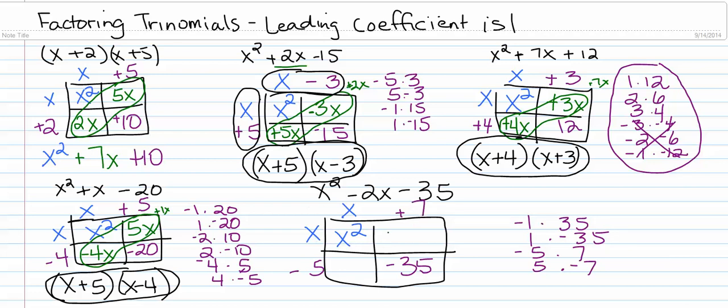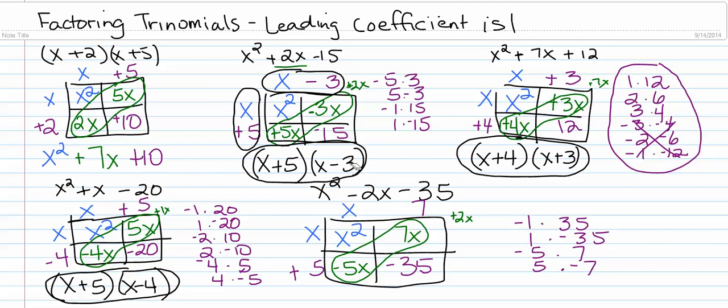Okay, when I do that, I have 7x because x times 7, and negative 5x because of x times negative 5. When I combine those two, they give me a positive 2x. Not quite what I need. I need to get a negative 2x because that's the middle term of the trinomial. So I have the right number. I've got the 2, I just don't have the right sign. So that tells me that instead of having a negative 5 and a positive 7, I should have had a positive 5